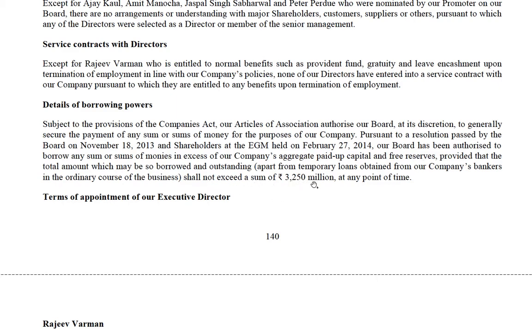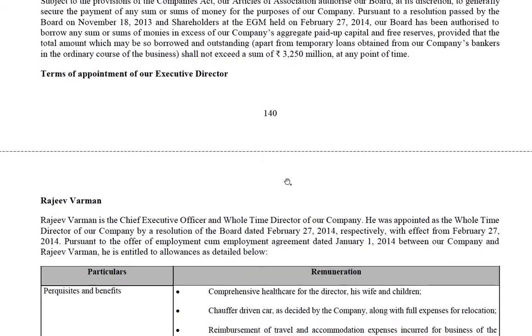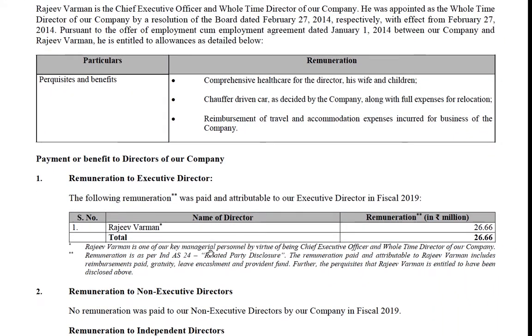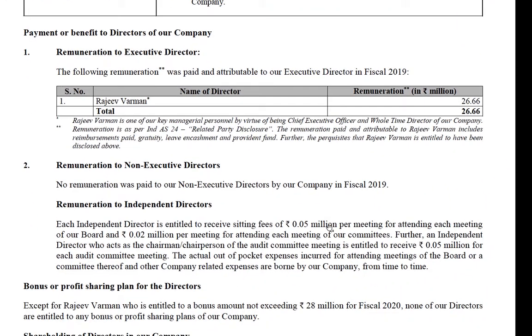Now, by a special resolution, the shareholders can allow the board to borrow money more than the aggregate paid up share capital and free reserves, right? Term of appointment and brief terms and conditions of the appointment of the directors, right? So for this, you need to see the actual agreement between the company and the executive directors, right? What their remuneration is,